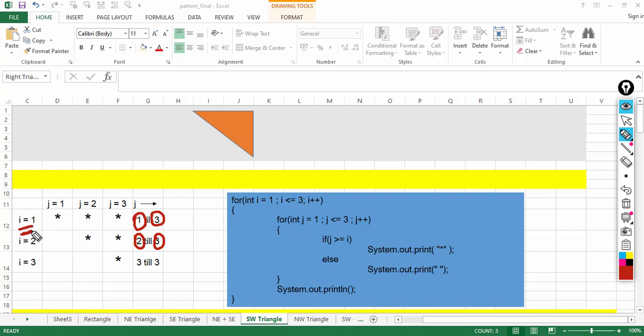When the value of I is 1, we start from 1. When the value of I is 2, we start from 2, and when the value of I is 3, we start from 3.